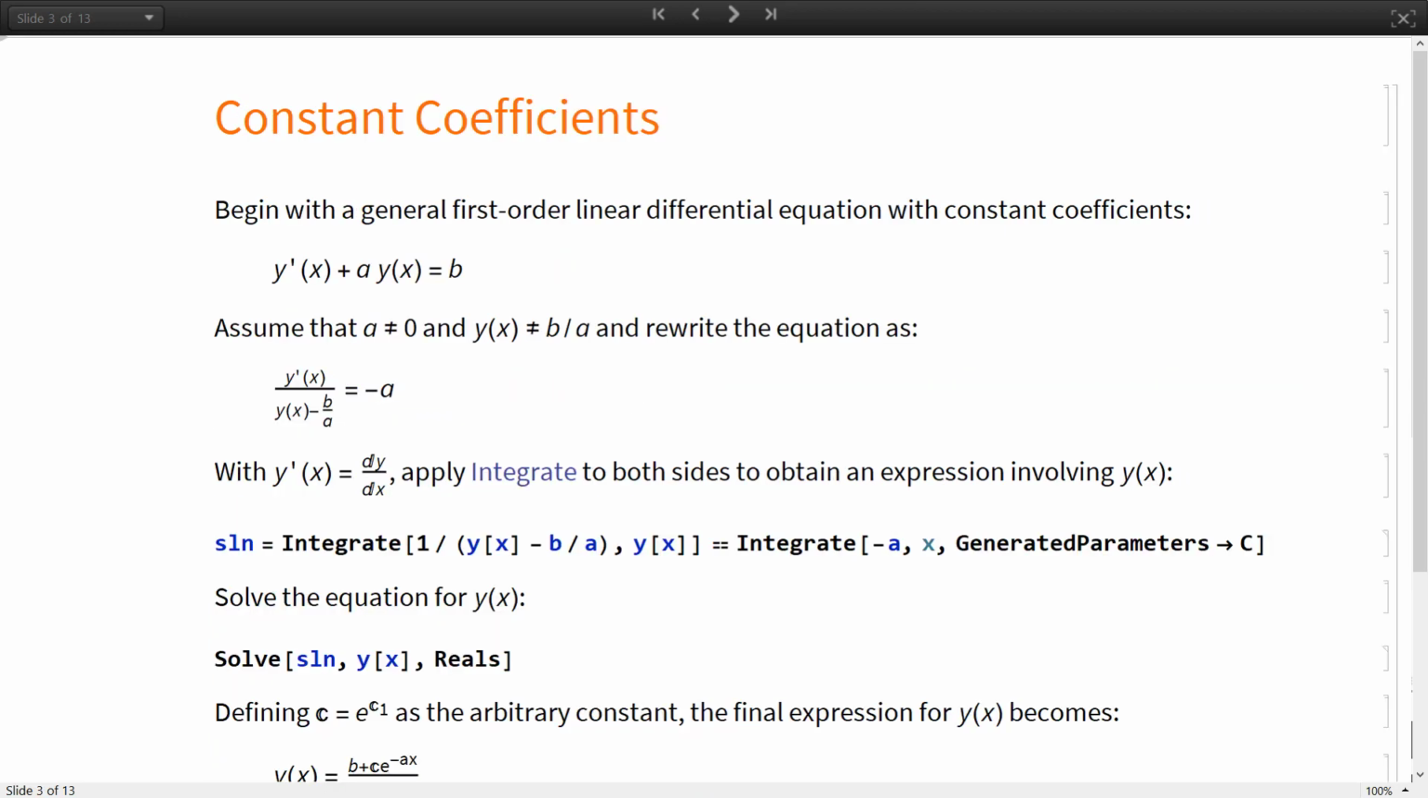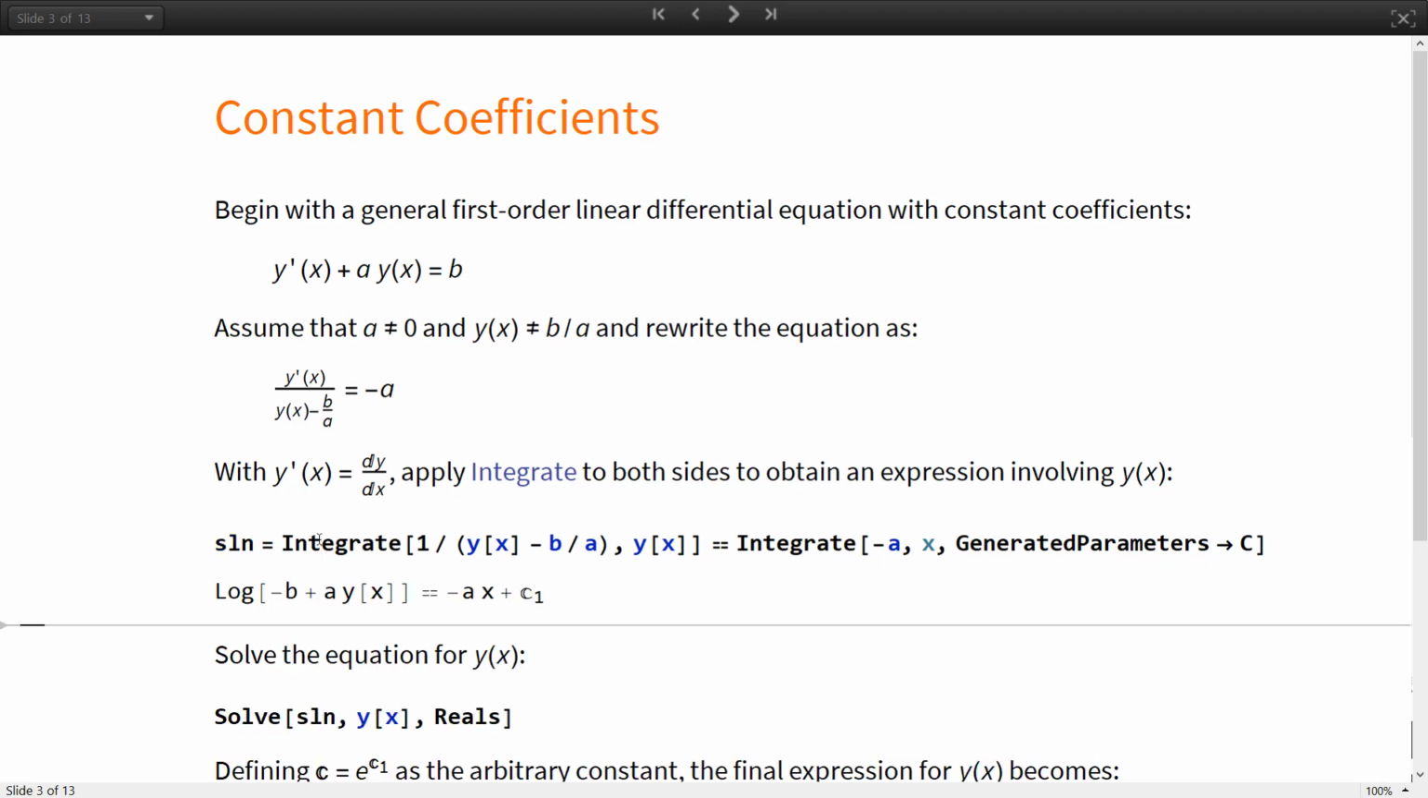We will begin with the case of constant coefficients. Here we have a first-order linear differential equation where our p of x term equals the constant a, and our q of x term equals the constant b. Assuming that a is not equal to 0, divide the equation by a and rewrite it in a slightly different form given here. Since y prime is equal to dy over dx, move dx over to the right-hand side and